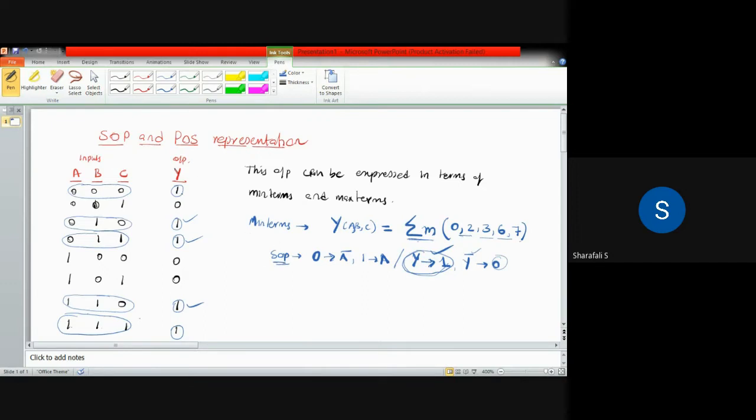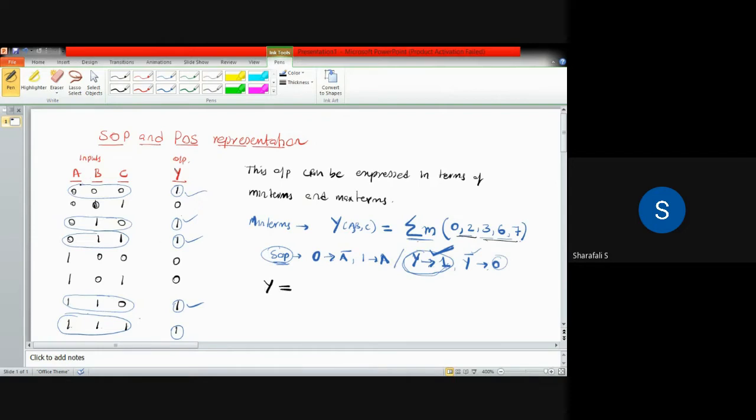That's why we are choosing these 1 min terms. In all these combinations, we are choosing this 1 value or high value only, because we have to get this Y. And when you are in the SOP form, your Y will be given by 1 and Y bar will be given by 0. So we will be considering those values. If you take this into consideration and consider these positions 0, 2, 3, 6, and 7, there will be Y equal to